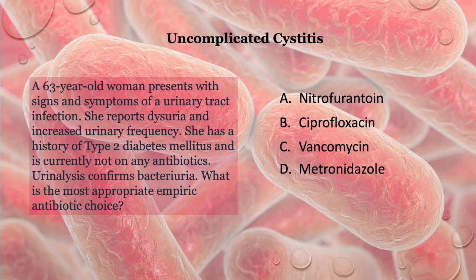A 63-year-old woman presents with signs and symptoms of urinary tract infection. She reports dysuria and increased urinary frequency. She has a history of type 2 diabetes and is currently not taking any antibiotics. Urine analysis confirms bacteriuria, and with all this, which is the most appropriate empiric antibiotic? A, this is the Macrobid, and then B is the ciprofloxacin, C is vancomycin, and then D is Flagyl. If you picked A,